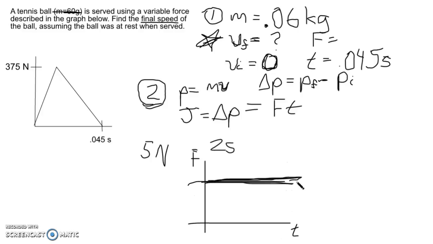It would just be a straight line, right? This would be 5, and this would be 2. So 5, this line is just to show, okay, let's see, like that. Right, so you'd have 5 newtons, 2 seconds. Right. Now, if he had an average of 5 newtons over 2 seconds, it could be